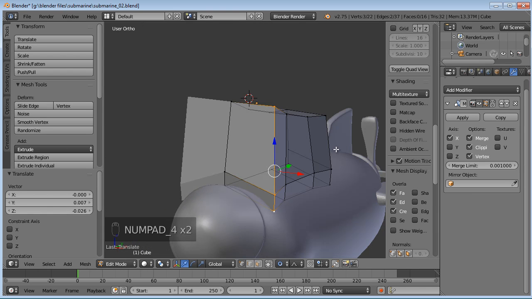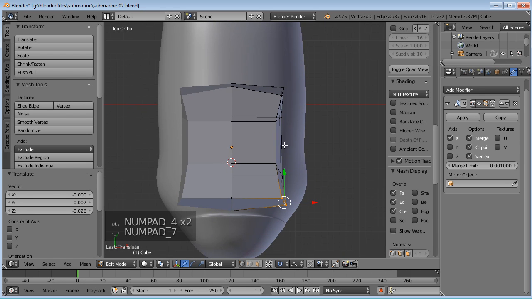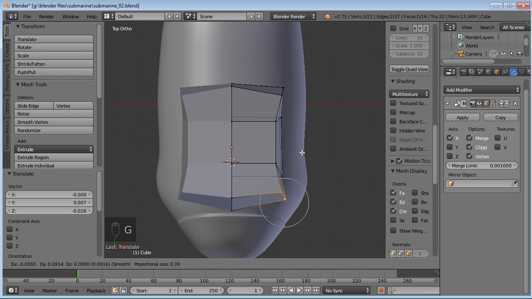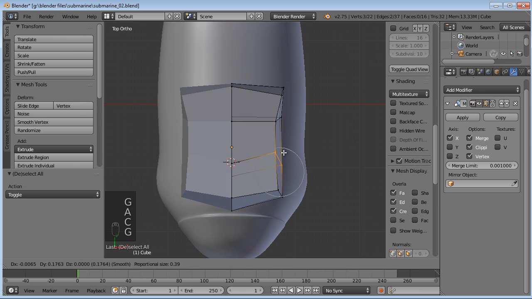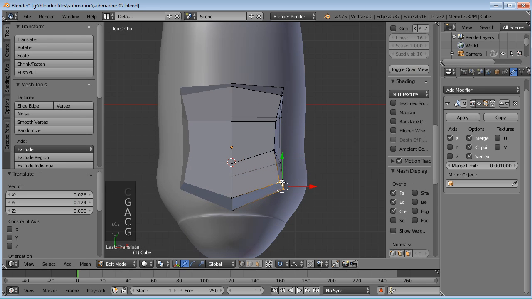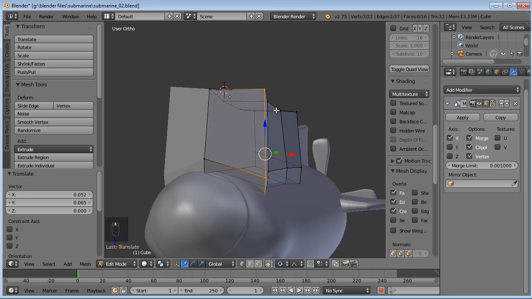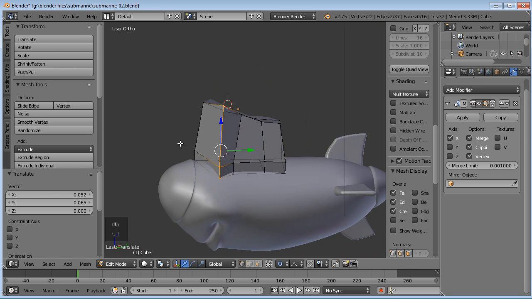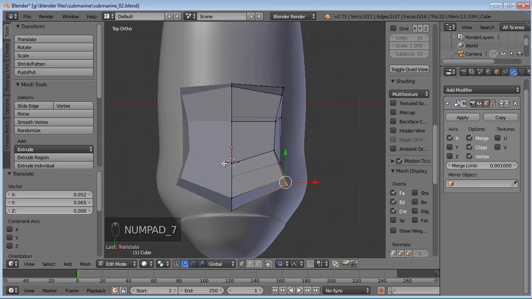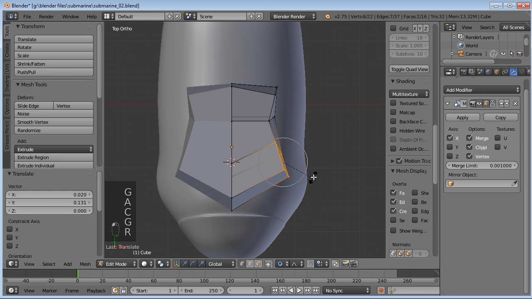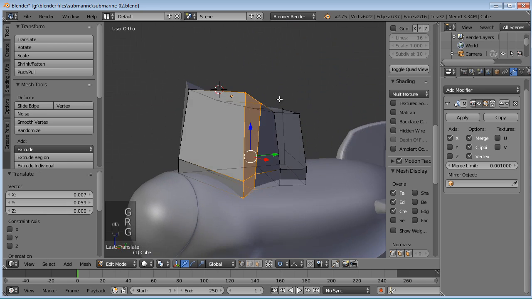Just go to our top view. There we go. Hitting the 4 button instead of the 7 button. 7 key. Okay, so I'd like the eyes to kind of come not quite in 180 degrees, but quite a bit further than just a flat surface. So I'm gonna go ahead and kind of skew this viewport area out about like so.